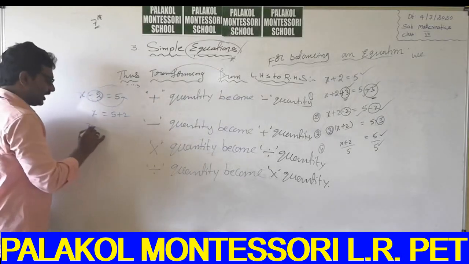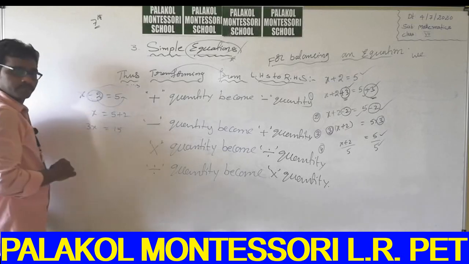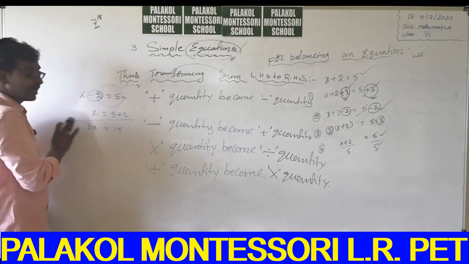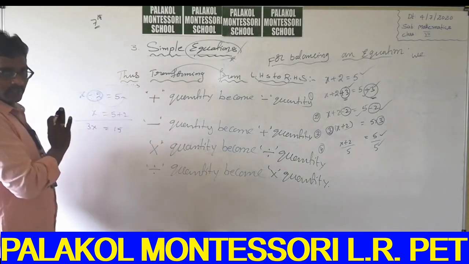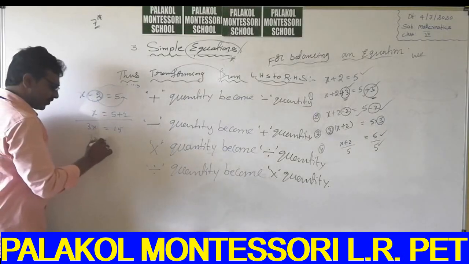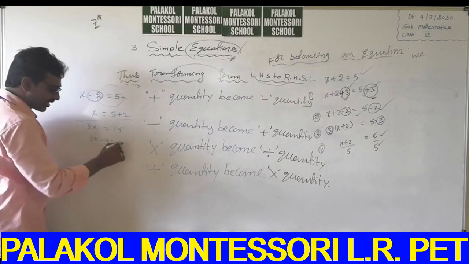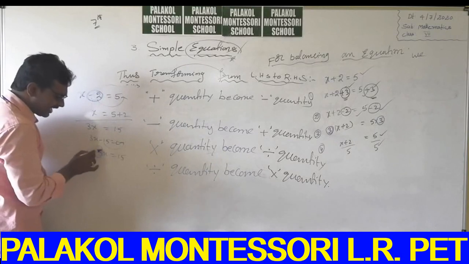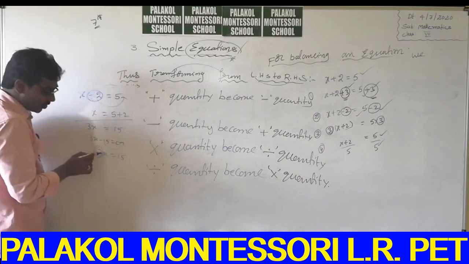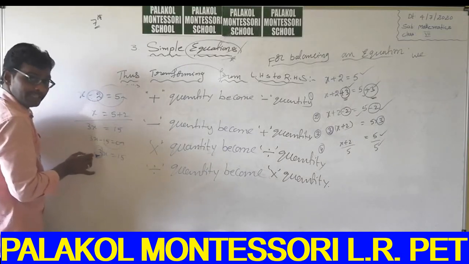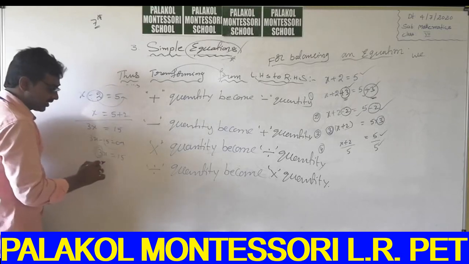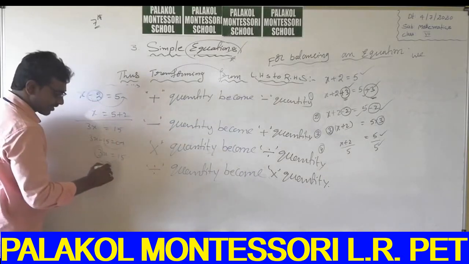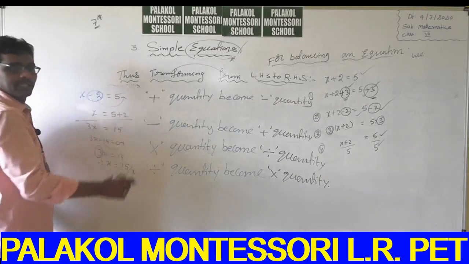For example, 3x is equal to 15. This is one more equation, it is also a linear equation but not in standard form. Suppose 3x minus 15 is the standard form. Minus 15 goes to that side, and 3x is equal to plus 15. What about the 3? 3 is the coefficient of x. What is the operation here? Multiplication. Send it to that side, here the multiplication quantity becomes division. So therefore x is equal to 15 by 3.